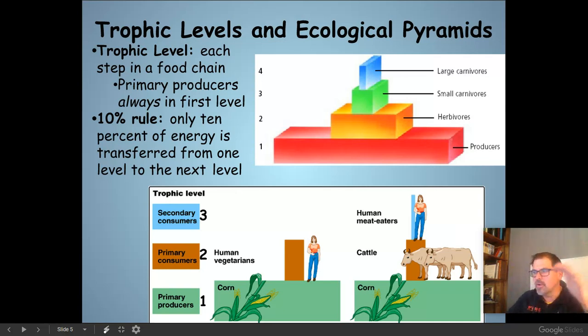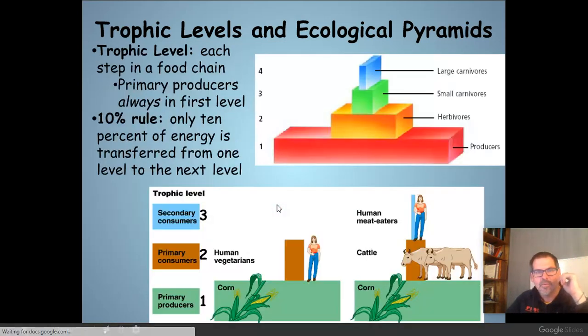Let's consider another graphic. Again, nothing to write here in your notes. In your notes, handouts, this is all right here, but let's just understand what this is showing us. Oh, let me back up. All right, so here's a certain amount of corn that's got X number of calories in it. Let's call it 1,000 units of energy. So there's 1,000 units of energy in this corn and 1,000 units of energy in this corn.